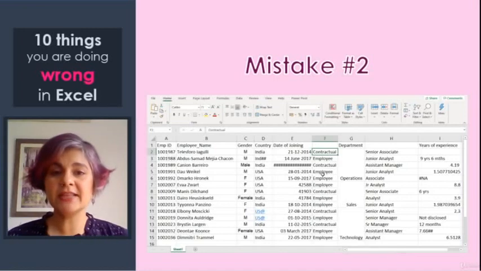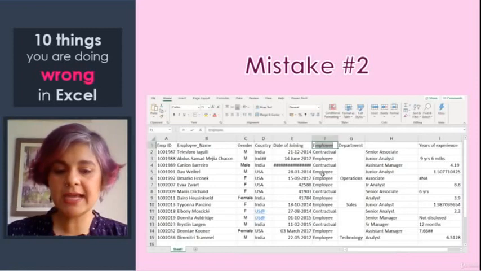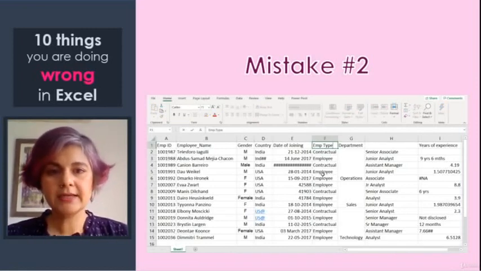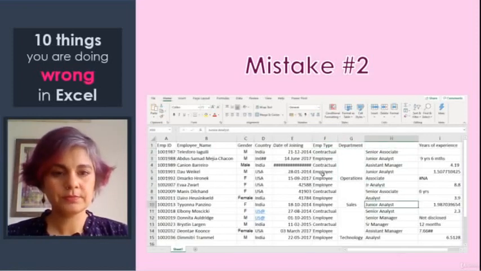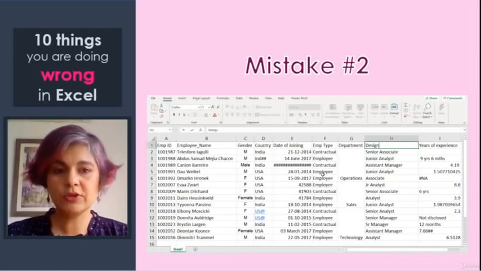So it's either an employee or a contractual worker. So maybe I'll call it employment type. And this column H seems to be quite clear, and it seems that these are designations. So I'm going to call this designations.